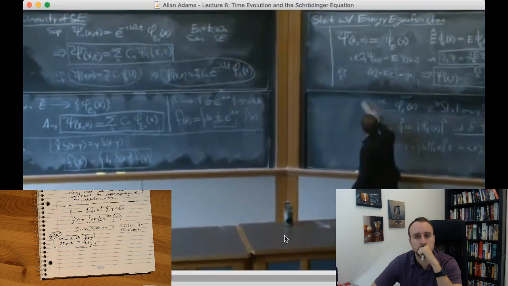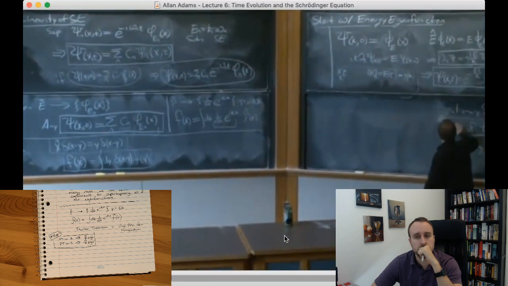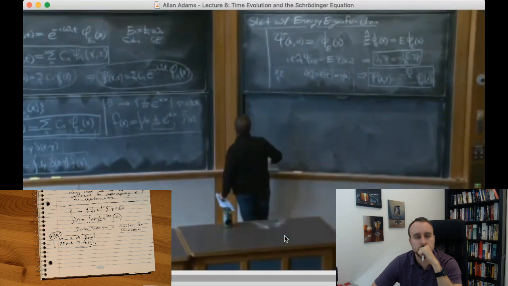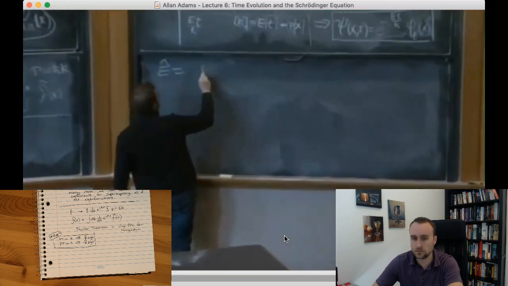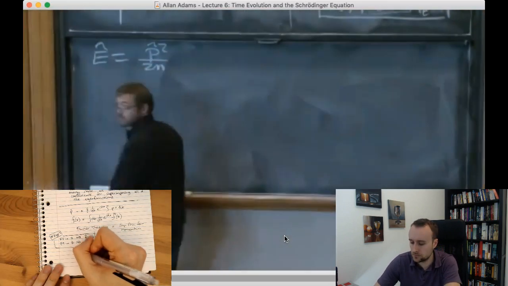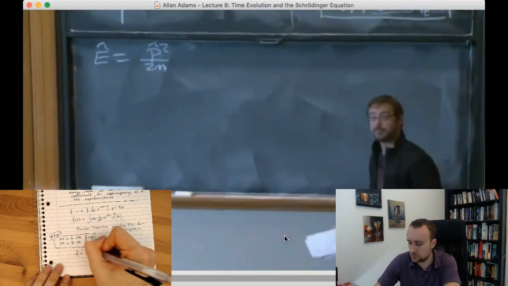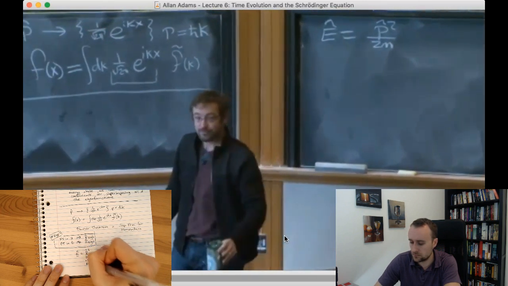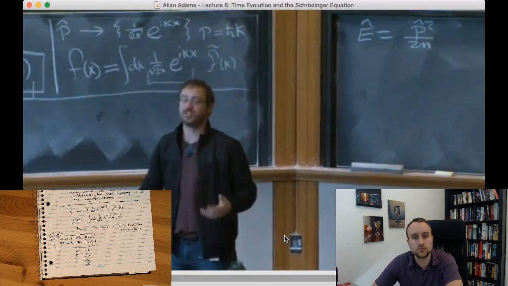So our first example is going to be for the free particle. So a particle whose energy operator has no potential whatsoever. So the energy operator is going to be just equal to p squared upon 2m, kinetic energy. When you say any wave function can be expanded in terms of energy functions,